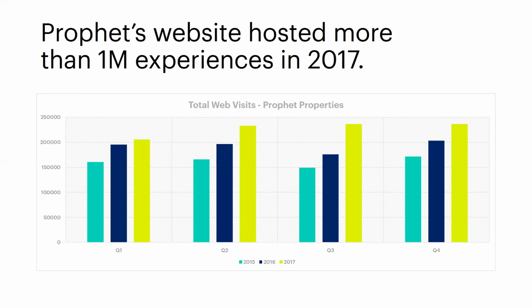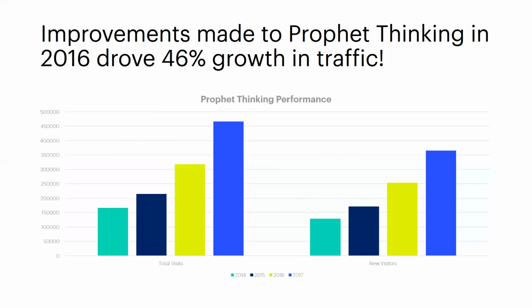First of all, the Profit website works hard for us. In the past 3 years, we've seen around 20% growth in site traffic year over year. And in 2017, we hit an extraordinary new milestone with over 1 million sessions experienced on our website. We've learned through experience that what might seem like minor improvements to technology, accessibility, functionality, and design can lead to